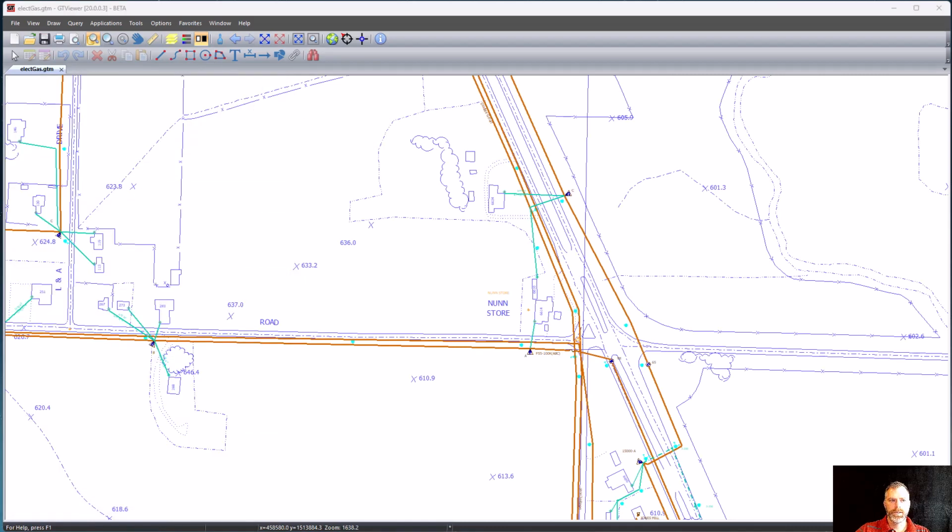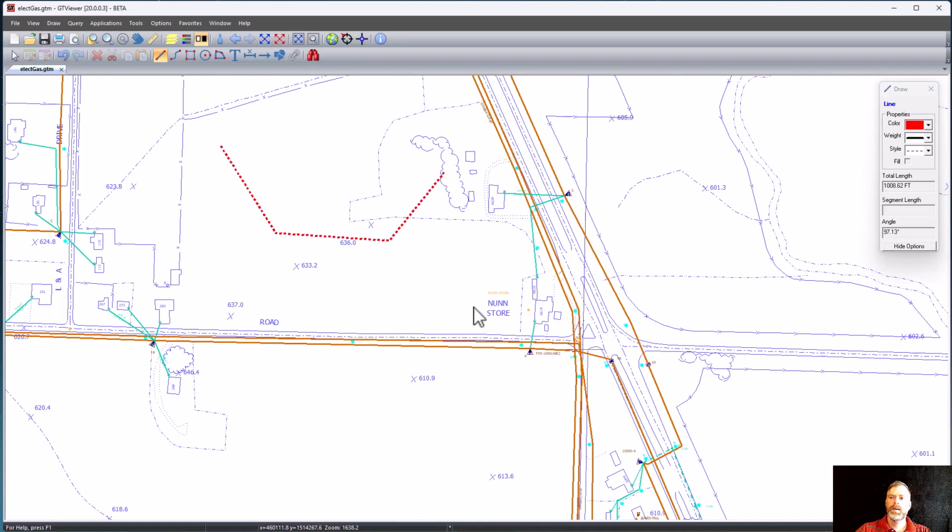There have also been some changes to the Redline drawing. The biggest change is that the style, color, and weight selection, which used to be on the toolbar up here, has been moved to the drawing info dialog. So if I select a drawing mode, and you can move this wherever you like, the properties are now here instead of on the toolbar. And the drawing info dialog was here before, it just didn't have this setting in it. It kind of gets it out of the way, and it's always available in the context of what you're doing. So if I draw a shape, it also shows you the length as you draw, the segment length,